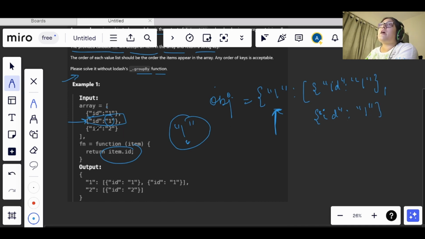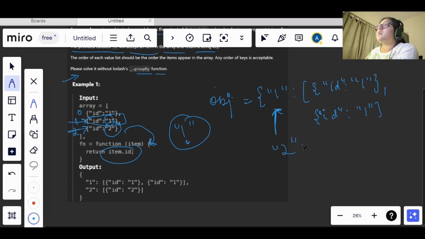Now we move on to the second index, right? This was 0, this was first, this is second index. Now we see that we do not have 2 as key here. Okay, so in the same way, first for the previous 2, it was going in the fn callback, so in this also it will go in the fn, and 2 will be returned as a string.